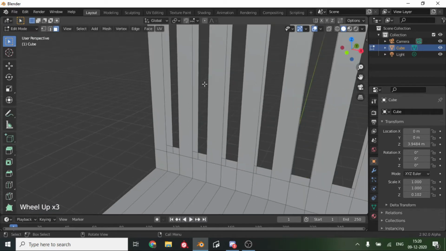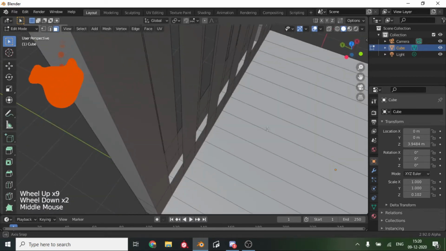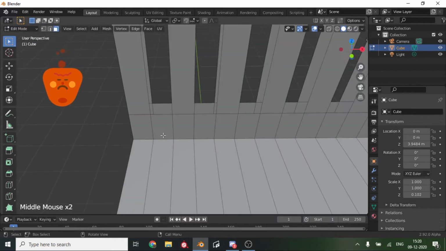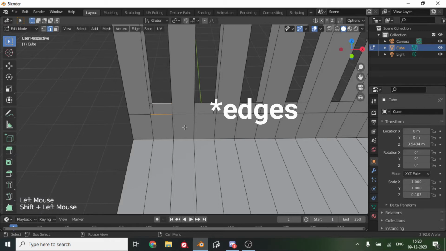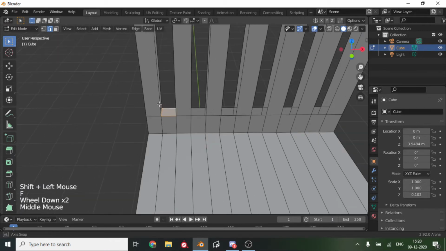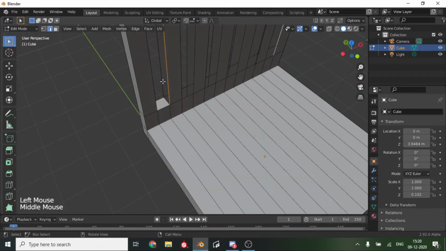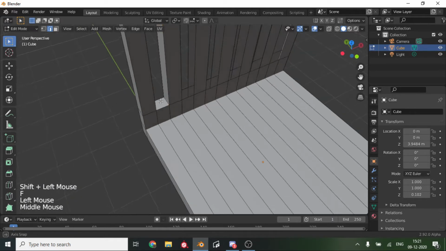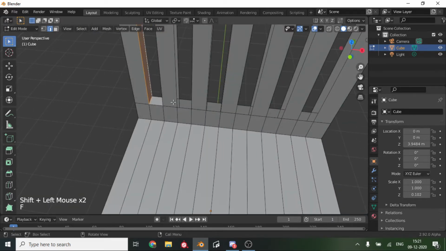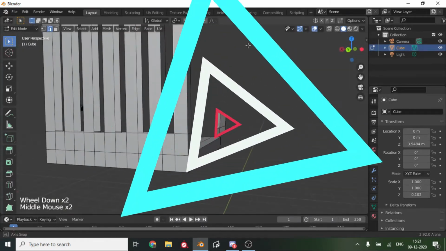basic shape of our chair, but you can see a problem. Yes, it's hollow. So for that we are going to press 2 and tab into edge select mode, and once you select two vertices, we are going to press F for fill, and that will fill it up. For example, if I select one side and select two edges, make sure nothing else is selected and hit F, so it will fill it up. So in the same way we have to fill in all the rest of them, and once we have filled all of them, we will continue with the next part.